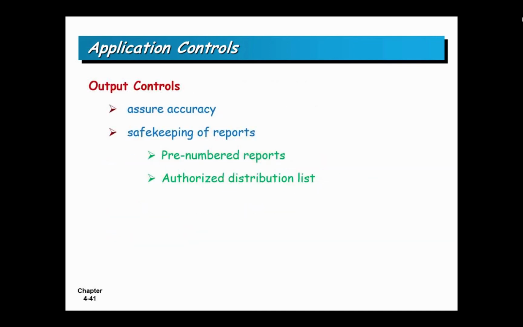Output controls, these are reports. Generally speaking, you want to make sure only the right people see the right reports. Sometimes there's very important secretive information on it that only senior management should see. So you might want to pre-number your reports to make sure that there are only 5 copies for these important reports and only the 5 people who should